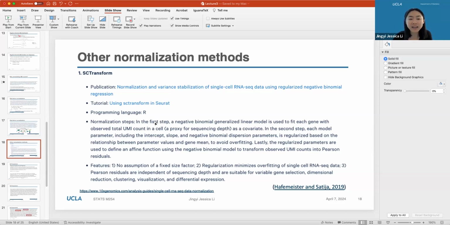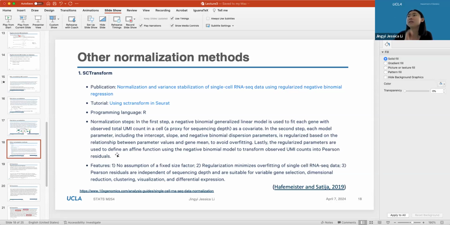So basically, in the first step, a negative binomial generalized linear model is used to fit each gene with the covariate observed. Okay, you can ignore this jargon. In the second step, each model parameter, including the intercept, slope, and negative binomial dispersion parameters, is regularized based on the relationship between parameter values and gene mean. The mean is just the mean of the outcome, expectation of yi, to avoid overfitting. Lastly, the regularized parameters are used to define an affine function using the negative binomial model to transform observed